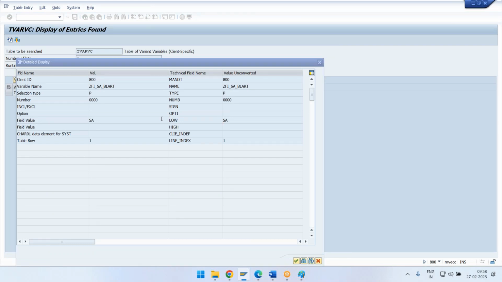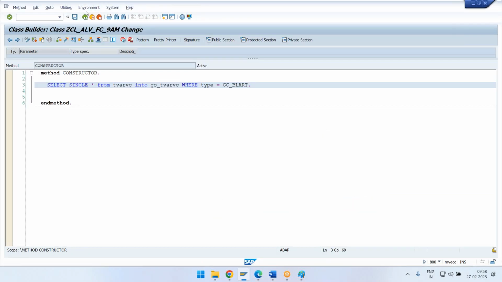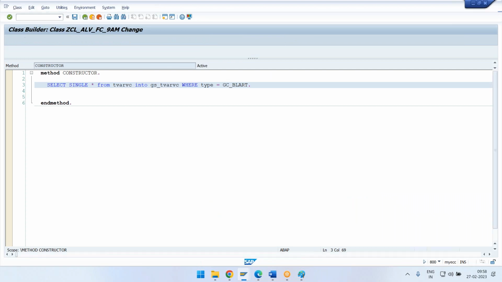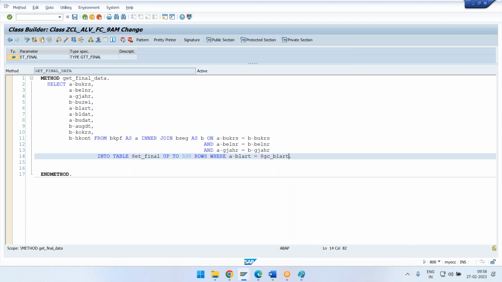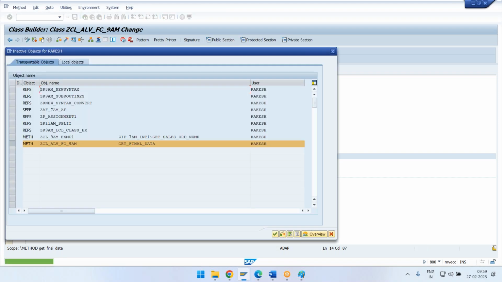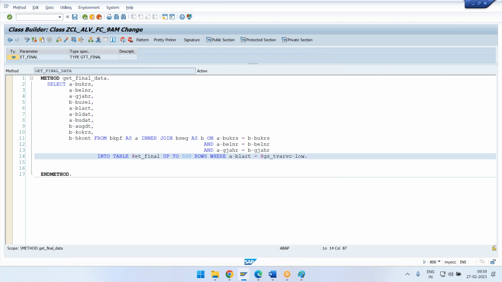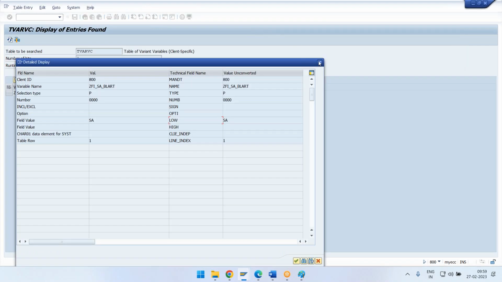So now I'll go back here. I'll go to my final data, and then instead of this constant, I'm going to write GS_TVARVC-low. Now I'll just go ahead and activate that one too. That's it. Now for the next time, if they want to change,